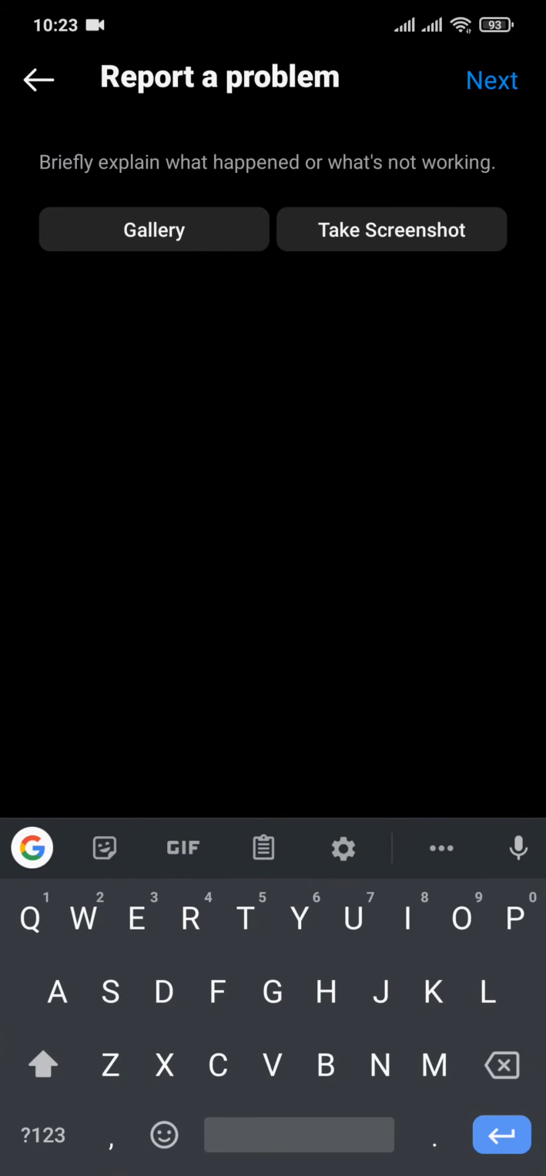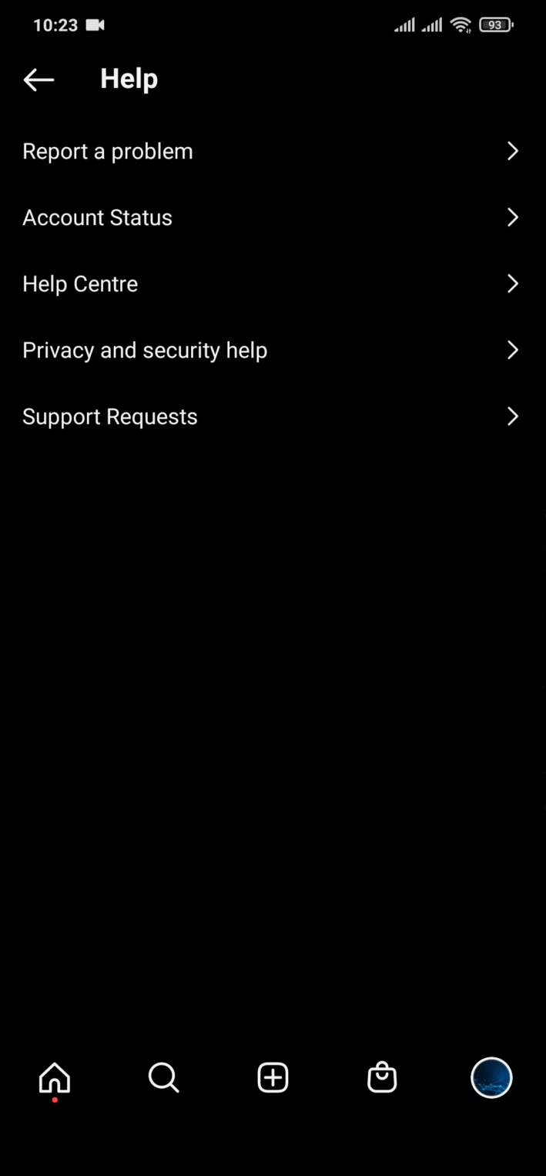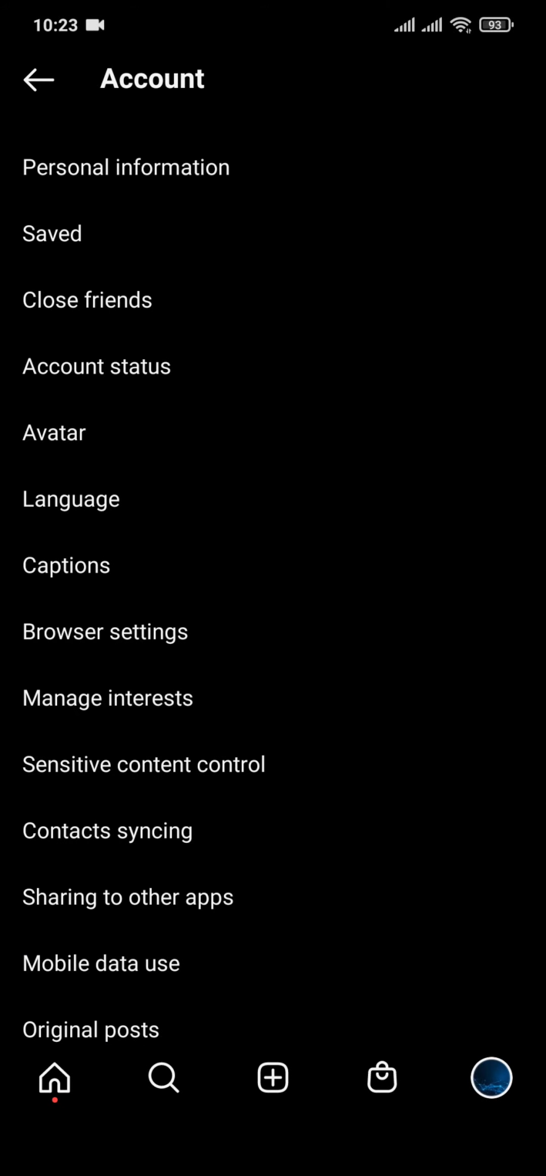Now you can simply type in the problem that you're facing directly to Instagram. You can add in the topic of the avatar and the problem that you're exactly facing. The other thing you can also do is take a screenshot of the area where the avatar is located. You can simply take a screenshot